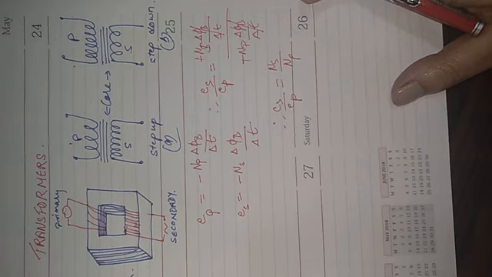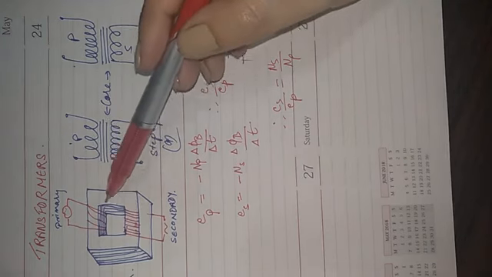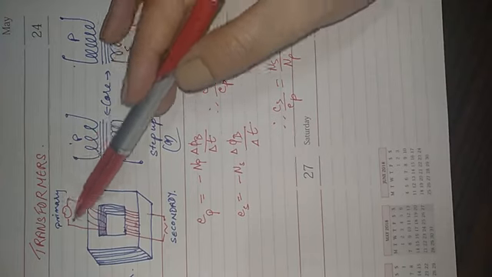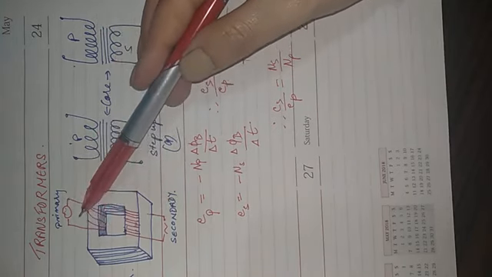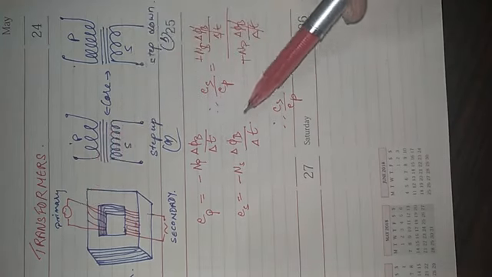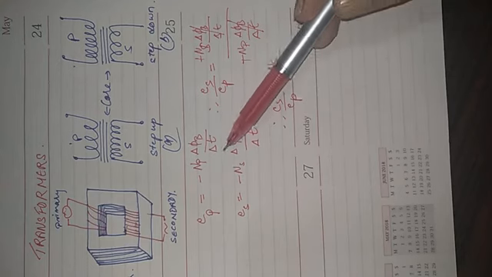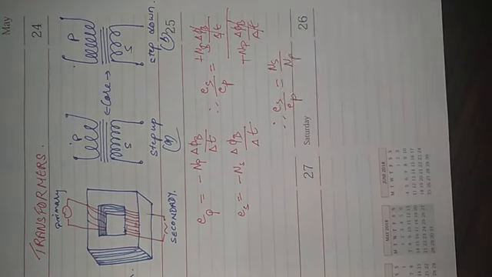If we consider the resistance of the primary circuit to be negligible and there is no loss of energy in it. When current flows, we know that there is some loss of energy due to resistance. But what we are considering is that the resistance of the primary circuit is negligible. There is no loss of energy. Then the induced EMF in the primary coil will be nearly equal to the applied voltage across its ends. So if there is no loss of resistance, then